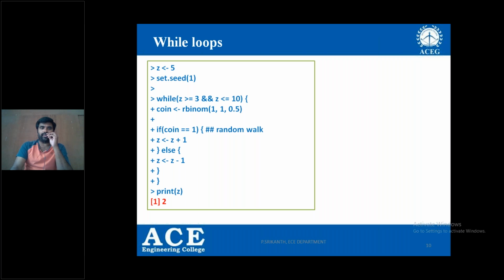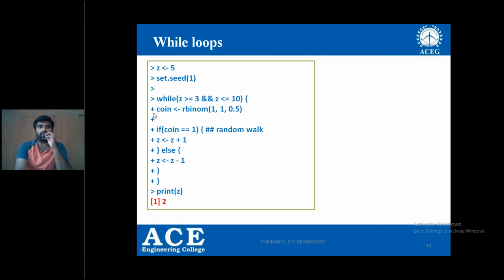You check the code, try to run the code in R Studio, and you can check the output. That is, while loop and if else condition is used in the program. Right? So until this condition is false, it enters the loop.